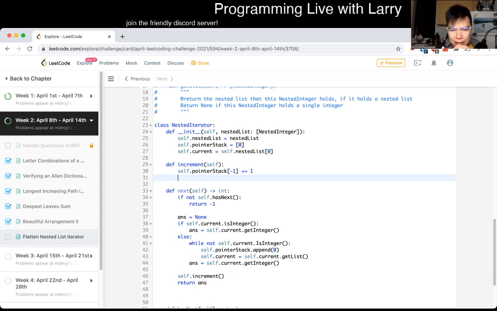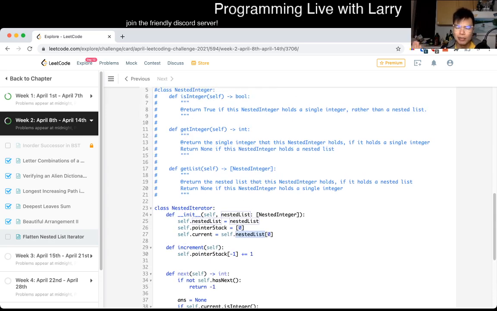Is this right? I mean, the idea is right, but how do we get the correct pointer, right? Because this self.current only has a nested integer. There's no way for us to go back, right? And the way to go back is to